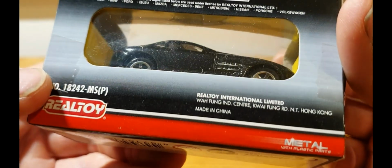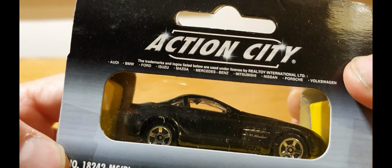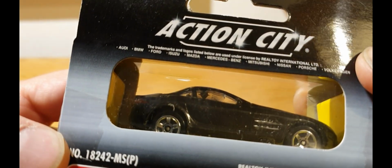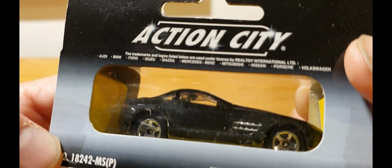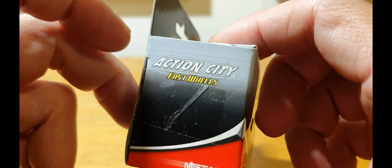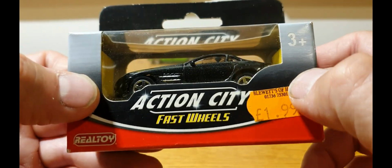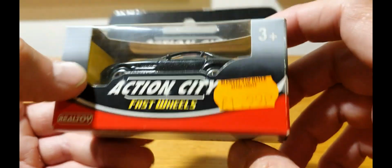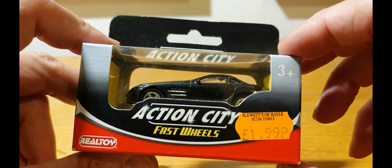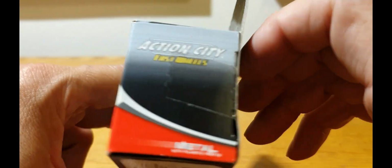Just having a quick look. Can't see anything. Well, there's some of the different brands they do. I know one thing this car company does do that's pretty cool. They do custom cars or modded cars quite well. They had some hatchbacks, Peugeots and some Volkswagens and stuff that were quite nicely modded up, but